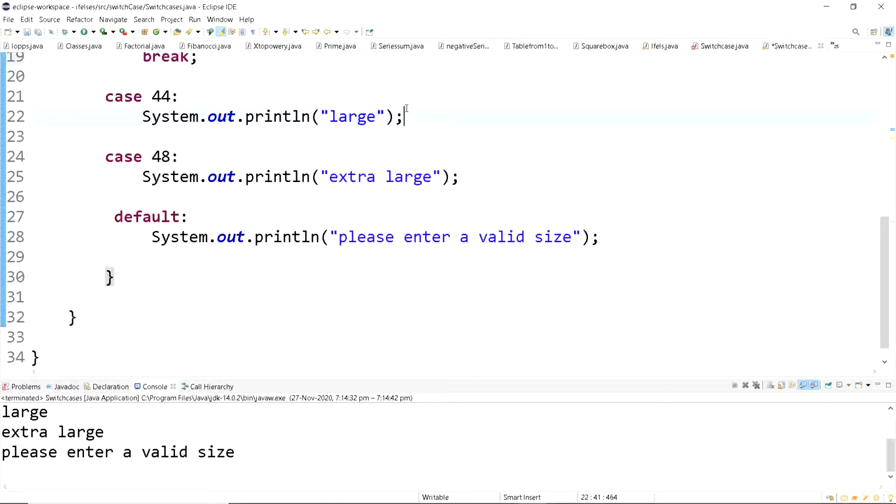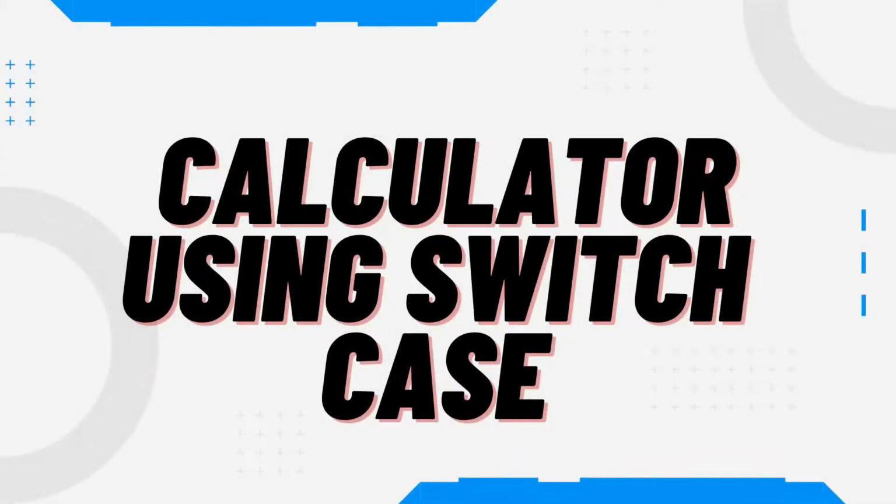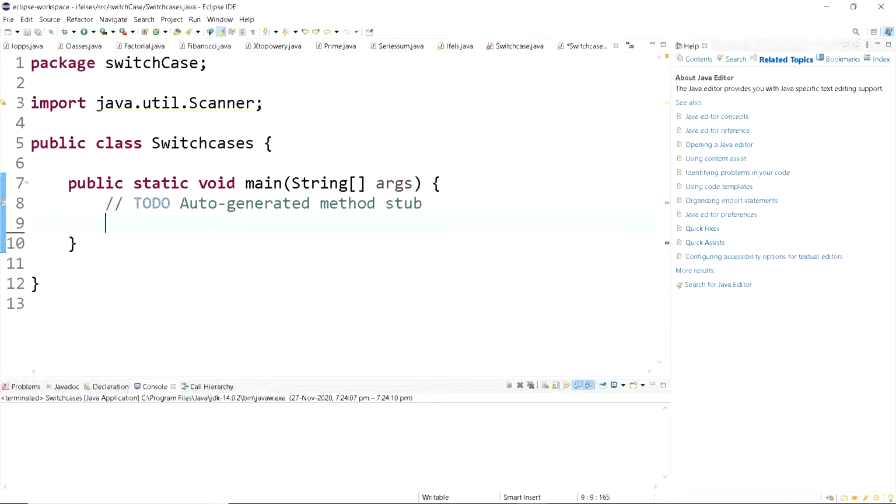Now let's create a program: a simple calculator using switch case. So let's look at the outline of the program.